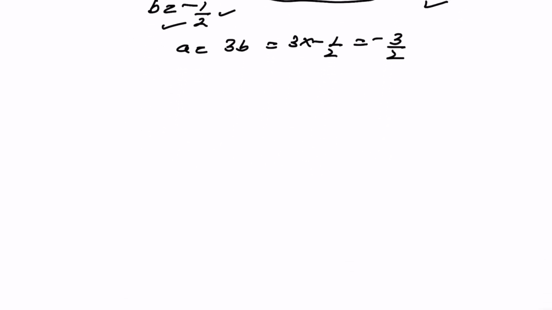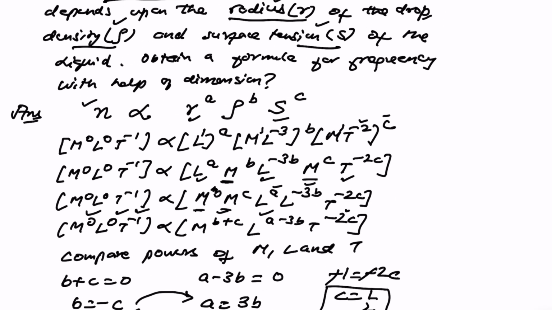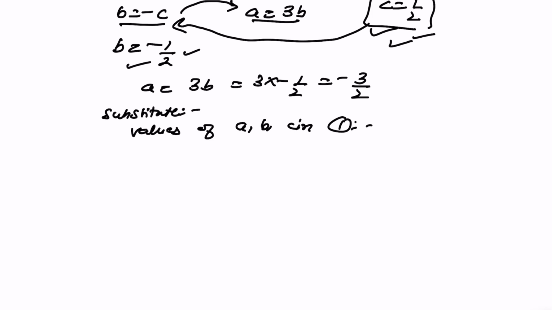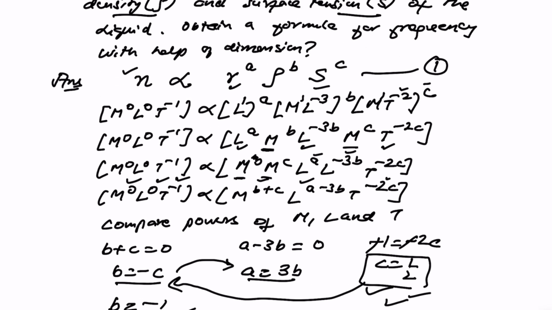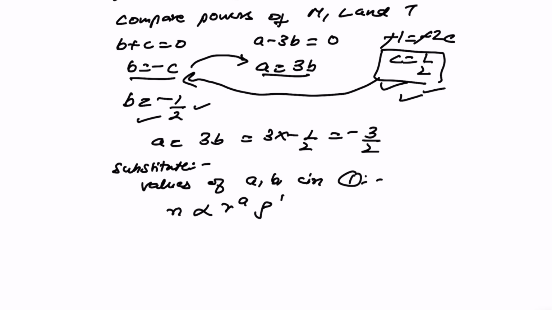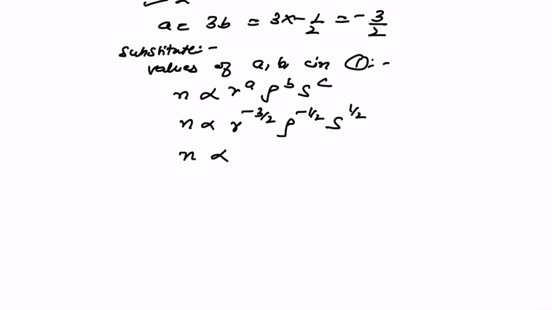अब ये जो भी मेरी a, b, c की वैल्यूज निकली हैं, अब उसको मैं मेरा सबसे फर्स्ट इक्वेशन में सब्स्टिट्यूट करूंगा। सब्स्टिट्यूट द वैल्यूज ऑफ a b c इन द इक्वेशन नंबर 1। तो n क्या था मेरा, डायरेक्टली प्रोपोर्शनल टू r टू द पावर a, रो टू द पावर b, s टू द पावर c। अब r की पावर कितना आया हमारा -3/2, रो की पावर b कितना आया हमारा -1/2, s की पावर c कितना हाफ। अब कभी भी अगर पावर निगेटिव आ रही हो तो उस टर्म्स को आप डिनोमिनेटर में ले जा सकते हैं, तो r की पावर 3/2, रो की पावर 1/2।